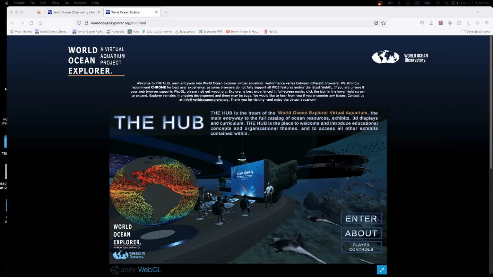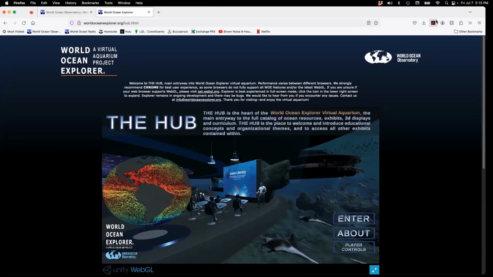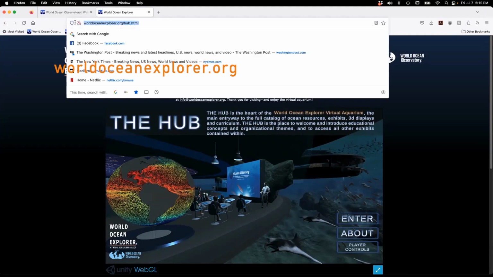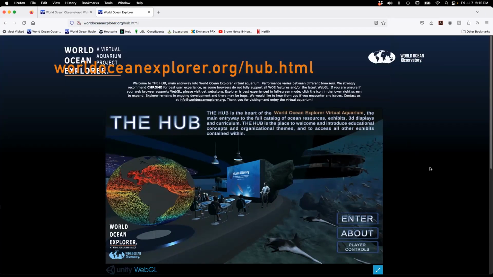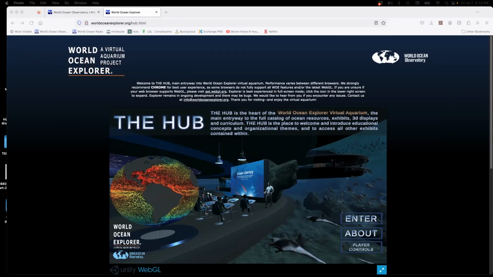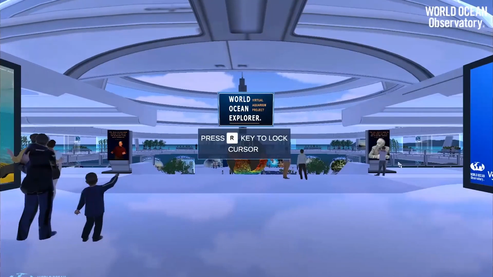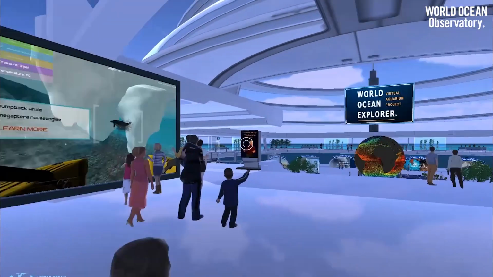And what you're looking at here is the hub. This is essentially the second full exhibit that's now available on the platform. This was funded by the Seth Sprague Educational and Charitable Organization. Educators and students will enter the World Ocean Explorer from any number of the exhibit portals. Each of them will have their own unique HTML, but every one of the exhibits is accessible here from the hub. So not only does the hub give users access to all the exhibits, the ones that are currently online and the ones that are forthcoming,